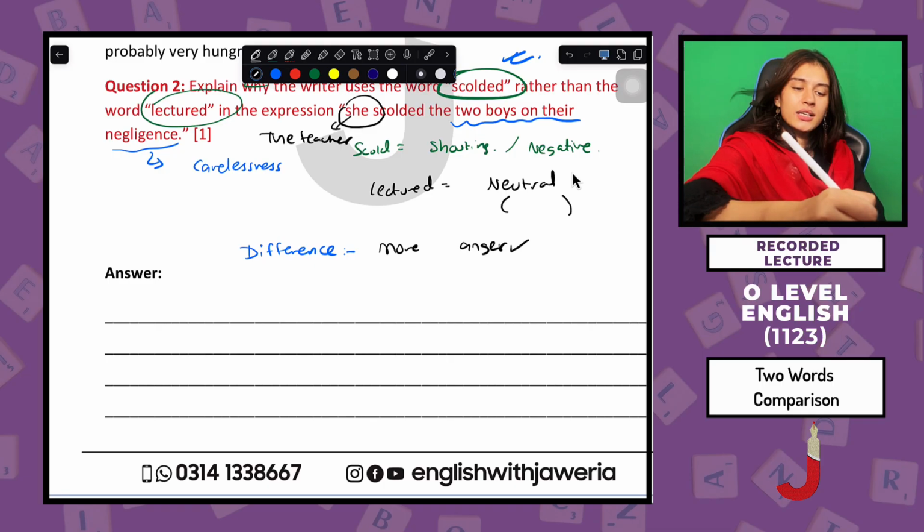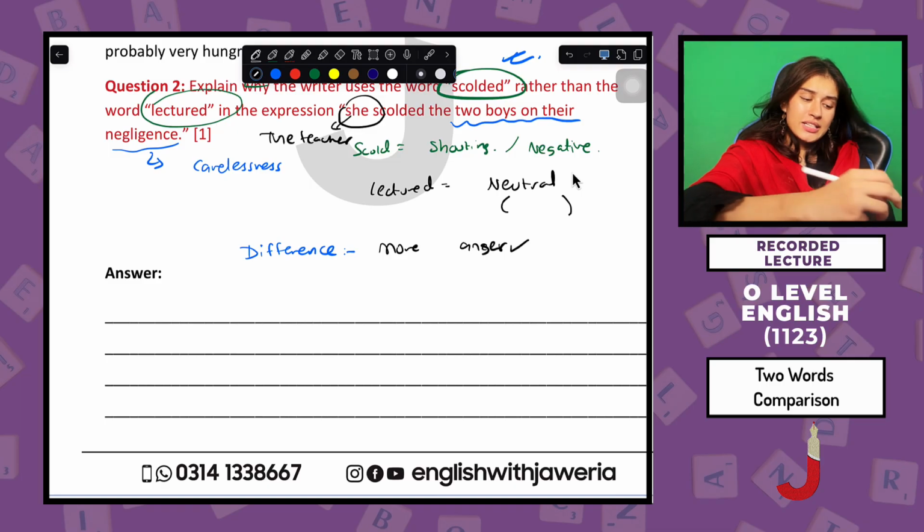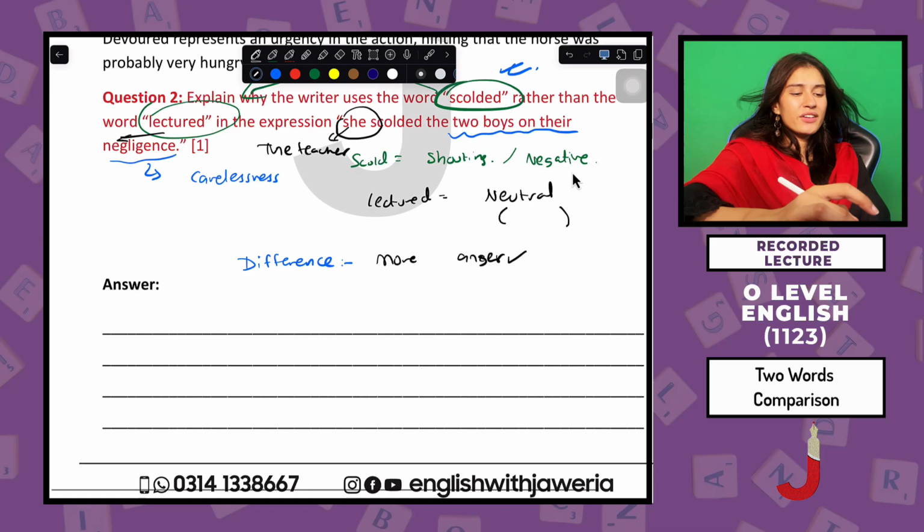Scolded is a more negative word. It shows that there was more anger, right? Instead of the word lecture. Lecture could be just someone explaining why you did something wrong. They might not be angry at you. So you could probably say that the difference could be that the word